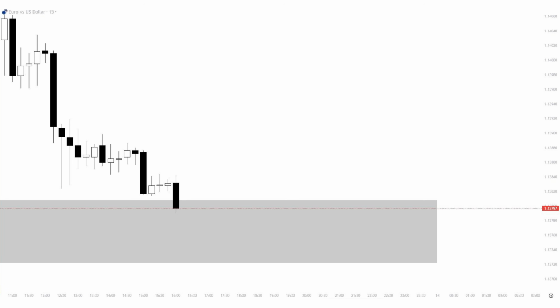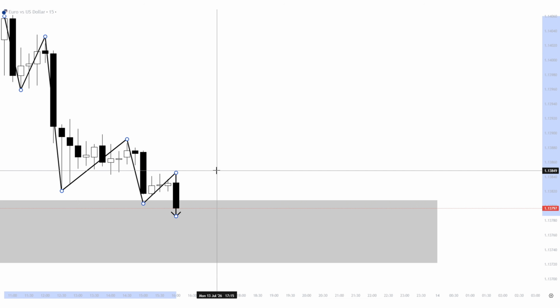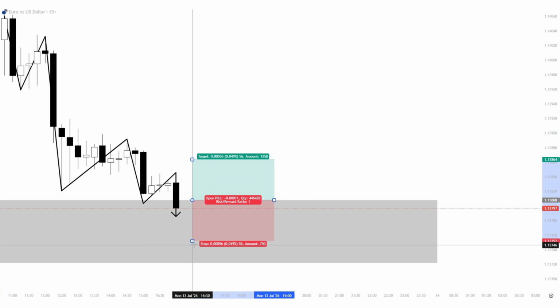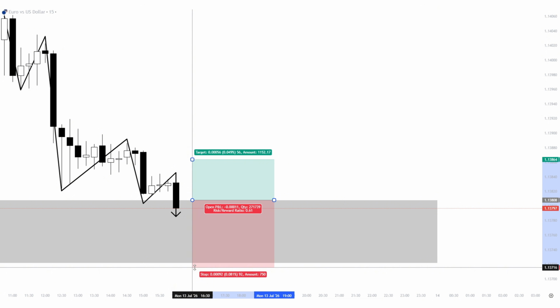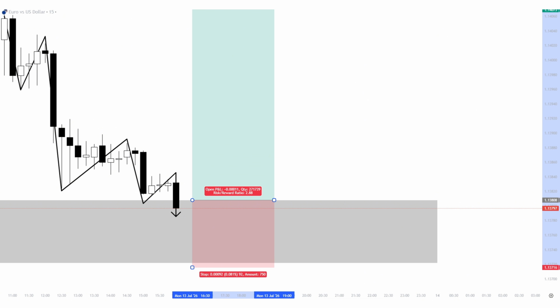For example, this is the 15 minutes time frame, and we see the exact moment the price has hit into the high time frame demand. The way it has hit into the demand is by initially forming this internal downtrending price action, slowly pulling the price into the demand. Now we could just buy this high time frame demand, but that means that we're buying an external high time frame demand on a low time frame, with the targets based on the high time frame demand. So it doesn't really make any difference on why we would buy this demand from this time frame rather